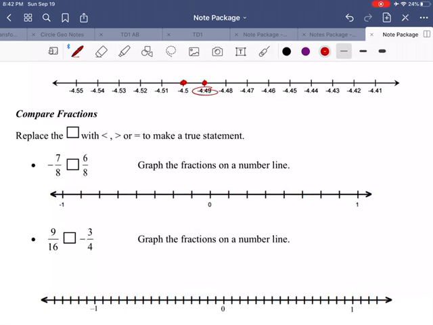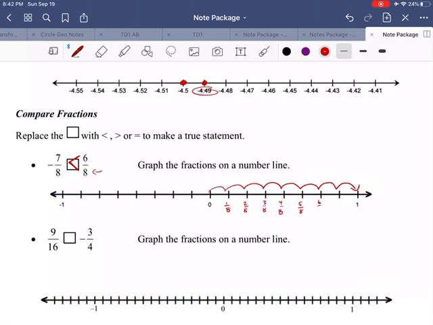Now, this one's nice. We have the same denominator. Now, the same denominator means we can just compare them. And I already know that this is more positive, so it's going to be greater than that way. Now each one of these steps is 1, 2, 3, 4, 5, 6, 7, 8. Okay, so each one of these is an eighth. So 1/8, 2/8, 3/8, 4/8,